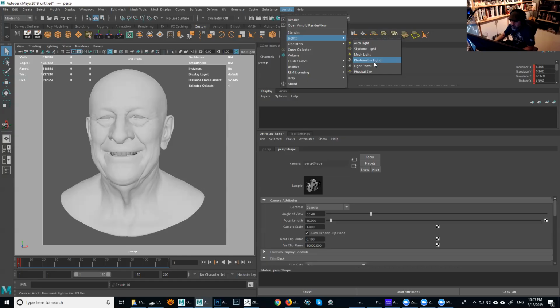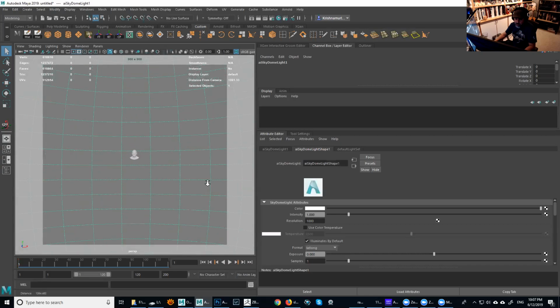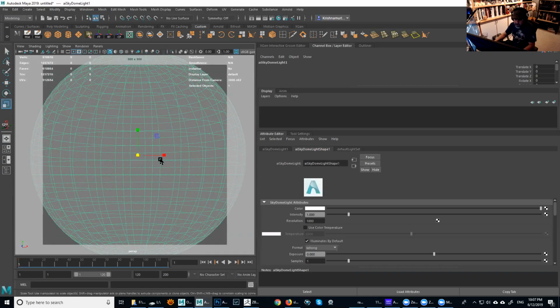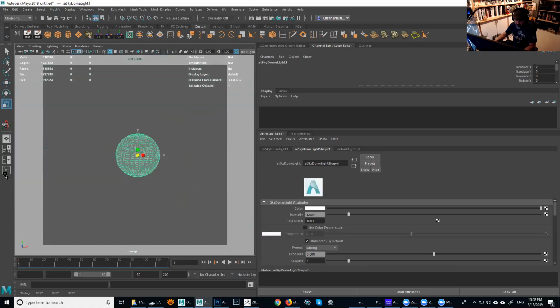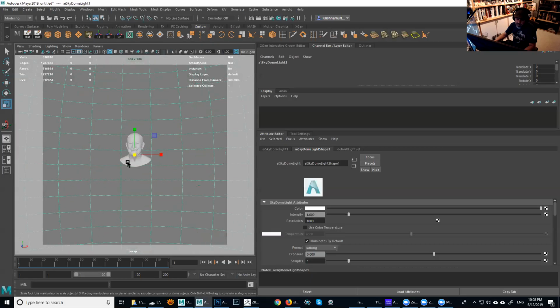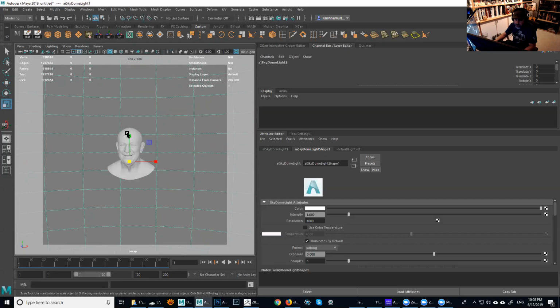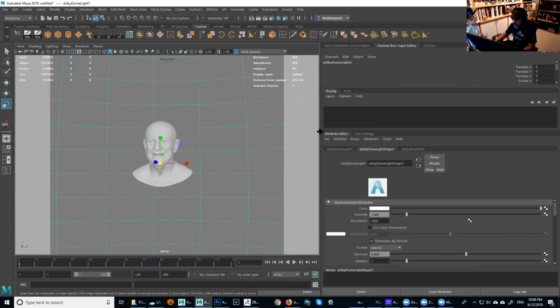But in our case here, we're just gonna be using the sky dome light, right? Physical light, we're not gonna use, no portal light, but we're gonna use the sky dome. So click sky dome. And now you're gonna see you have this sphere here around the object, right? It doesn't matter if you scale it or not, it's gonna be the same. The result's gonna be the same because it goes to infinity and then basically treats it the same way.